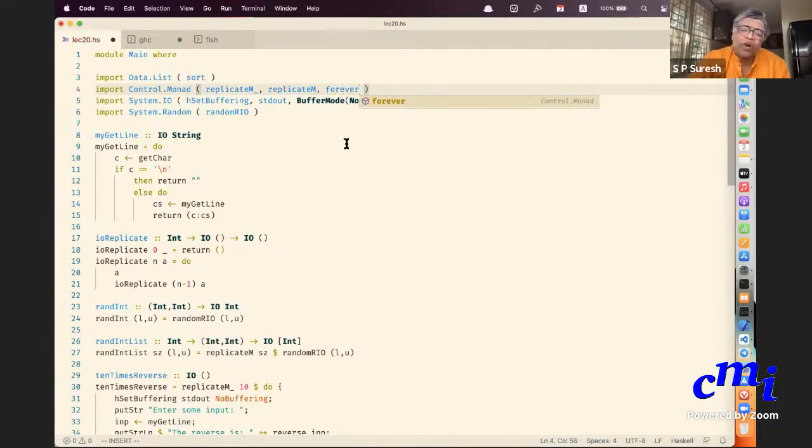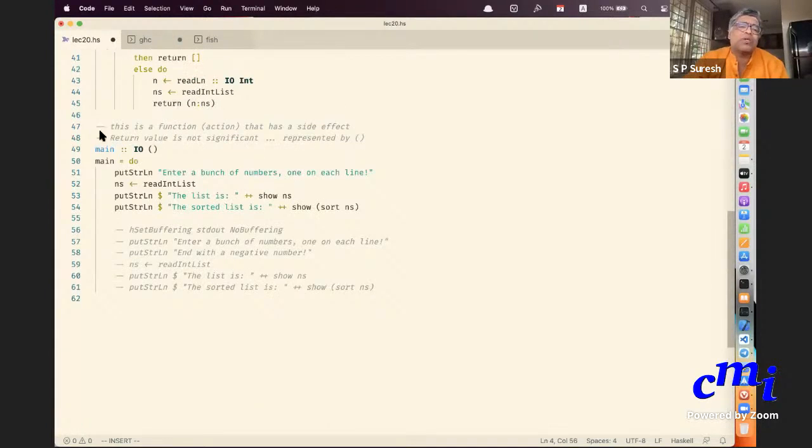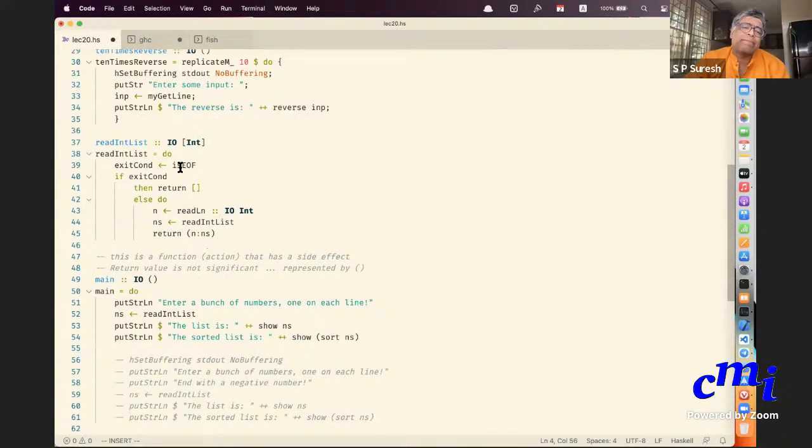And forever is very useful because instead of recursively calling this, again I'm doing this ns is read int list, etc., instead I can say forever keep reading numbers. That's all.